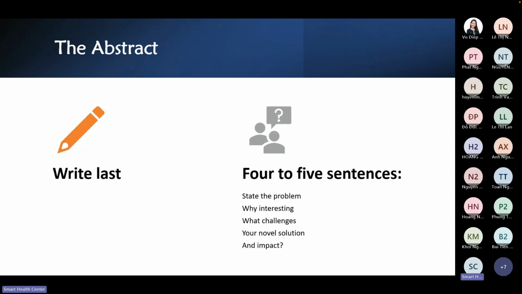You have to be a little bit flexible to state how important this problem is, for example. But if you study some problem that people have been studying, then you simply say, in this paper we studied this, and done with. You don't need to brag about the importance of the problem, right? So it depends on the nature of the paper.